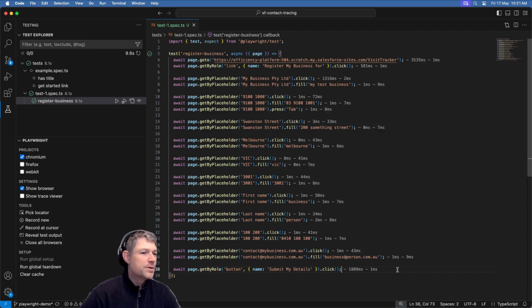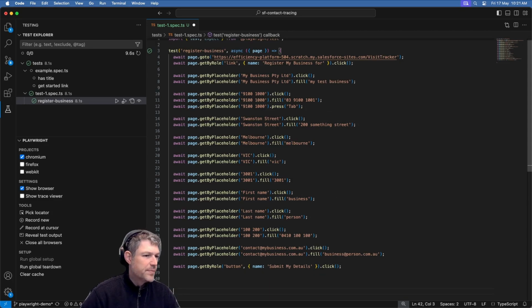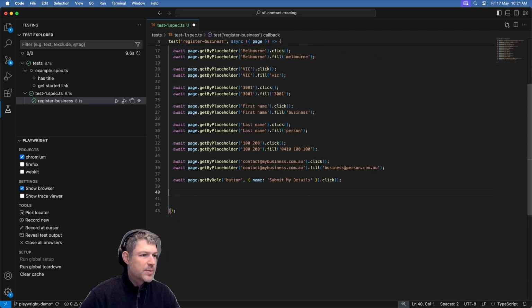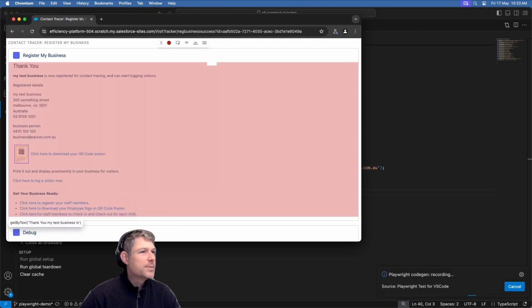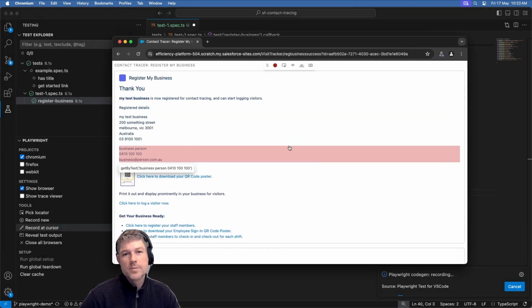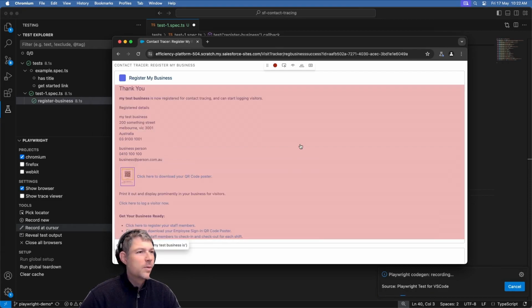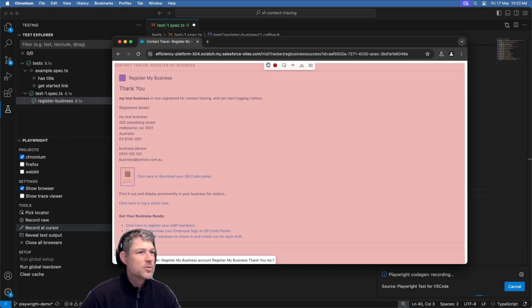So what I want to do here is let's put some space underneath my script. Let's put my cursor just underneath the last step there. And I'm going to go over and I'm going to click Record at Cursor. That brings Chromium back up and it's back in record mode. So the first thing I'm going to do here is not click on anything in the web page itself, but I'm just going to go up to this toolbar at the top and I'm going to click this Assert Text